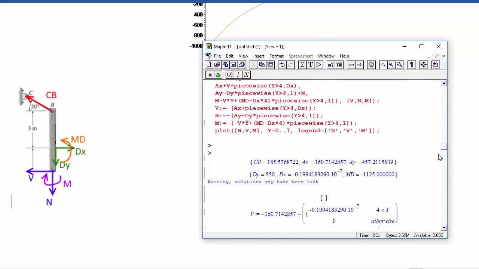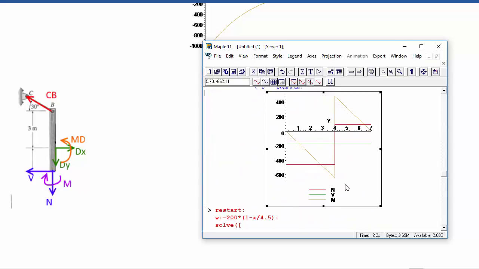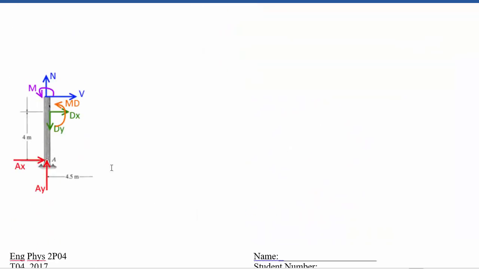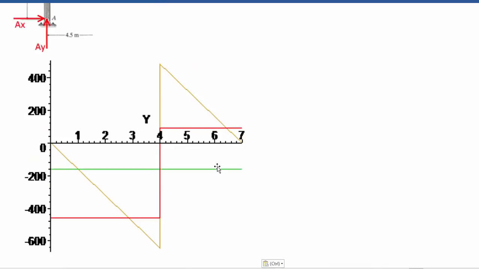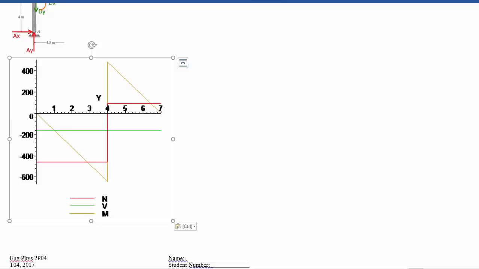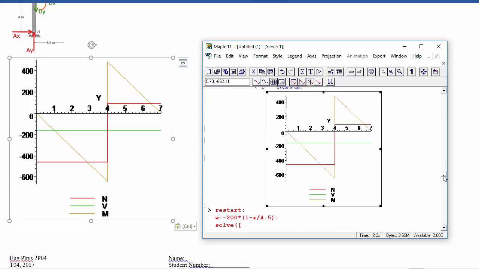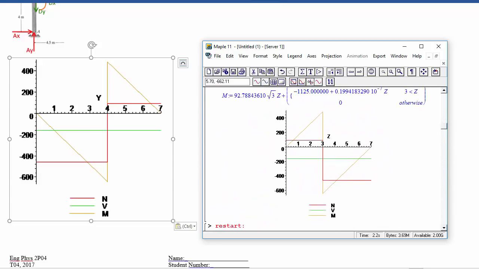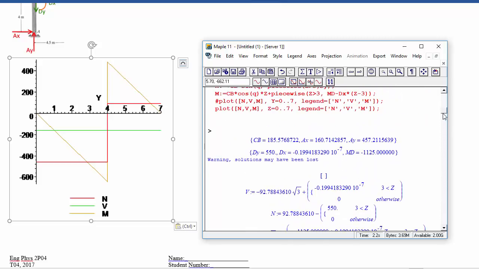So if we go and compare to this thing that we got earlier, then the new version looks pretty similar, but is actually the opposite. And that's not surprising because we defined z as the distance from the top down, where y was the distance from the bottom up. So we could make a substitution actually,